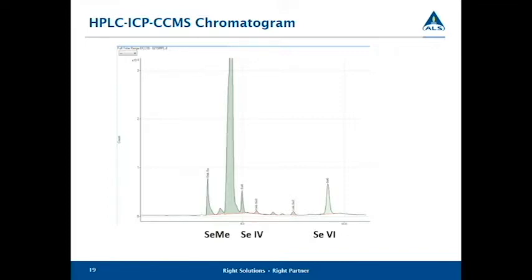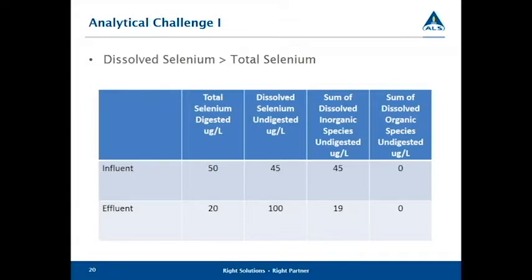More importantly, speciation does identify many compounds, which can be used to understand the chemistry and potential toxicity of samples, and which could also lead to a better risk assessment approach. But it's also quite useful at identifying some of the challenges that you may see with regular total and dissolved metals analysis. As an example, a typical challenge we see with selenium samples from wastewater treatment plants and biological treatment systems is that dissolved selenium results appear higher than the total results when analyzed using the prescribed regulatory method. So we're using a nitric HCl digest, and we're filtering the dissolved metals in the field, and